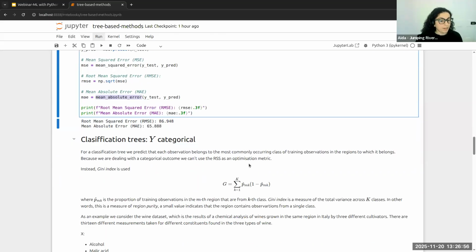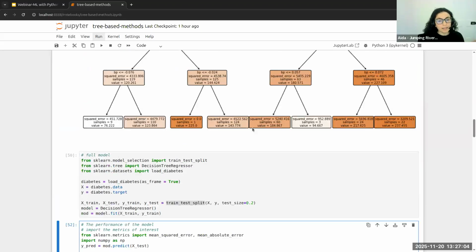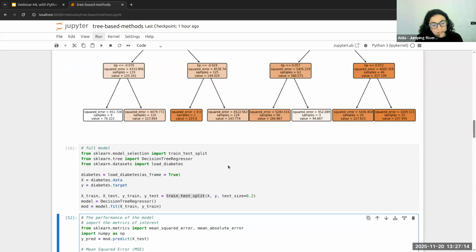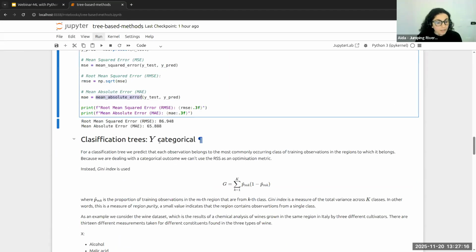So for a regression tree, we consider the mean of the response variable within that region, and we were trying to minimize the difference between the observed values on the y variable minus the mean within that region. In this case, in a categorical classification setting, it's not possible because we have got classes among the y variables.